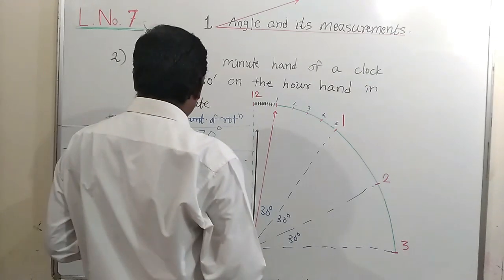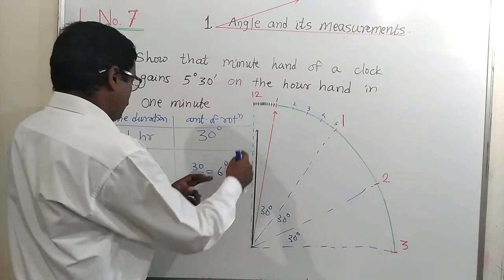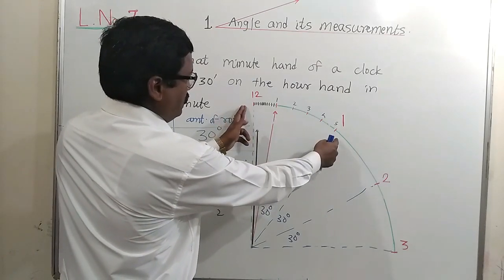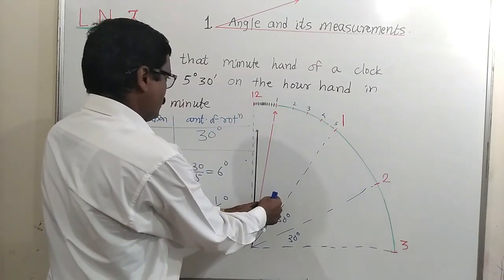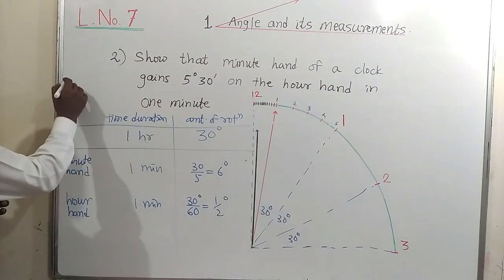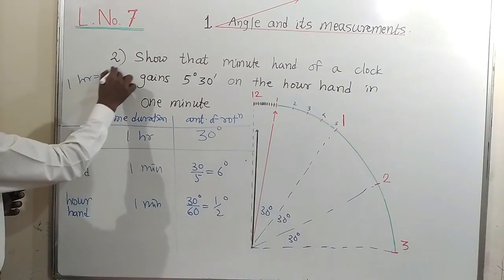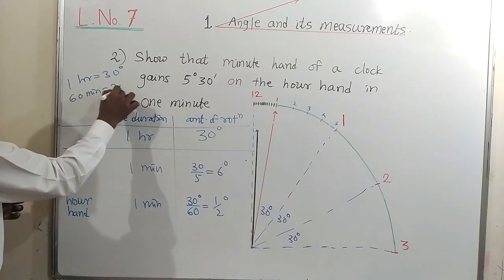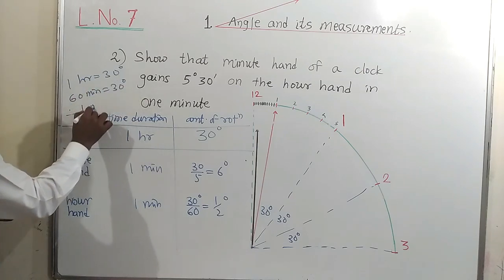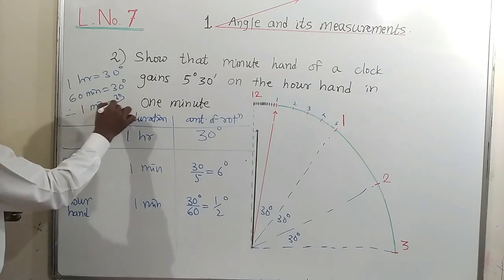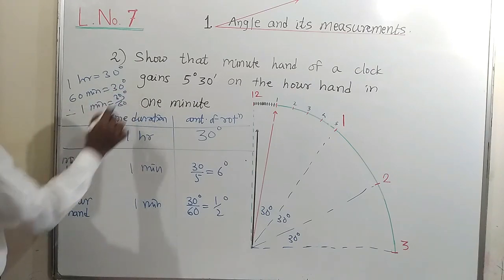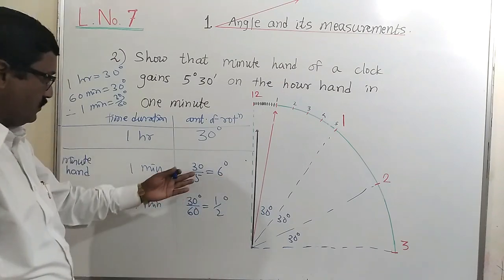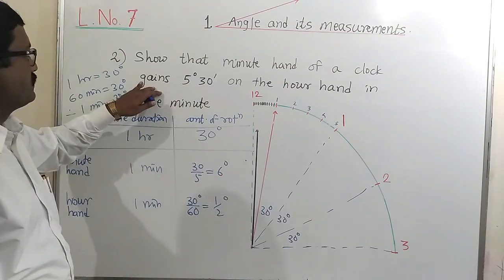And in case of the hour hand, 1 hour equal to 30 degrees. 1 hour is nothing but 60 minutes. So 60 minutes equal to 30 degrees. Therefore 1 minute equal to 30 upon 60 degrees, that is half a degree. Okay, is it clear? Now using these two values we can find the answer of this, because here